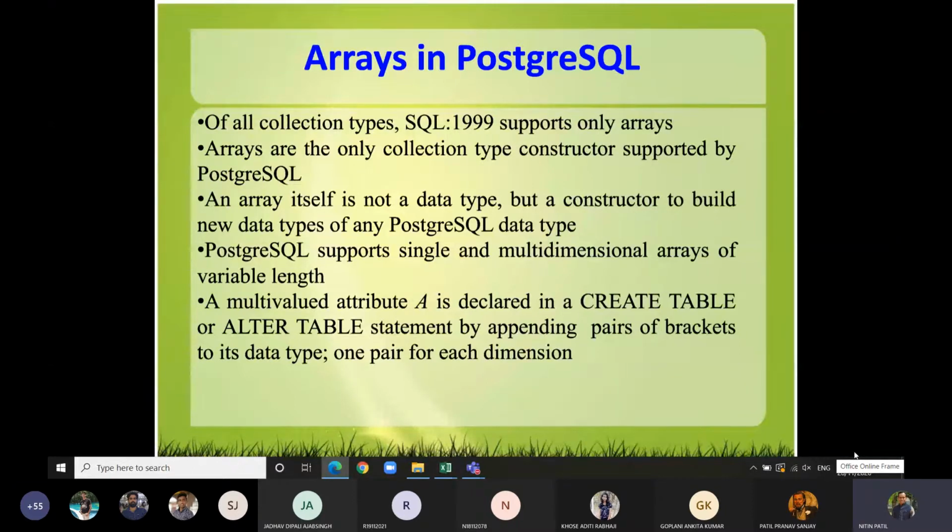Though this was added, it is not supported by almost all of them, but I can say that mostly used databases are supporting these arrays. So this array is not a data type, correct? It is a mechanism provided by Postgres for users to create one-dimensional or multi-dimensional arrays.